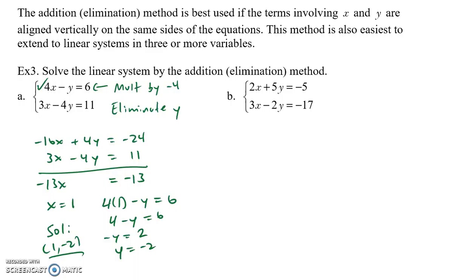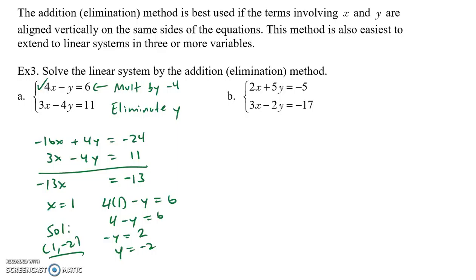Let's now look at example 3b. And here we see that we have coefficients for x of 2 and 3, and for y 5 and negative 2. So the coefficients are not particularly compatible such that we could just change one of the equations easily and obtain opposite coefficients for either x or y. So I'm going to choose, you could eliminate either x or y in this example. Since we eliminated y in the previous example, I'm going to eliminate x in this example just to do it